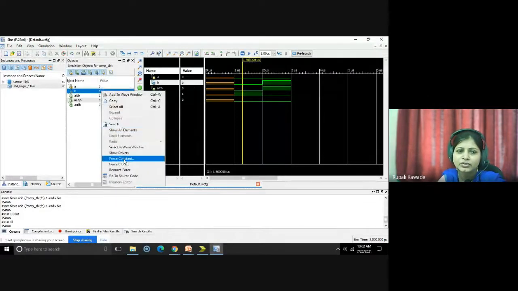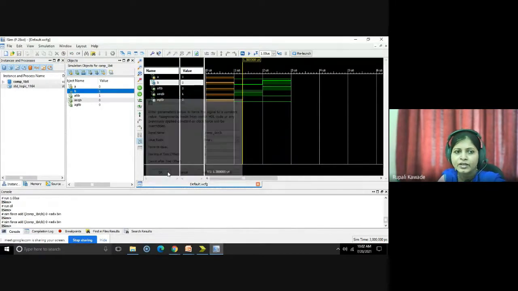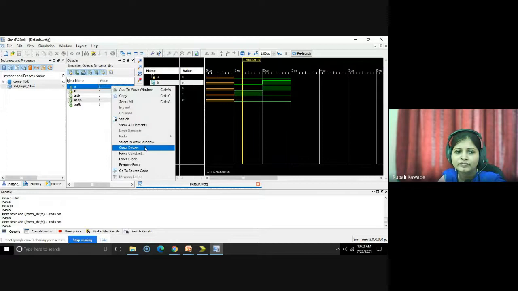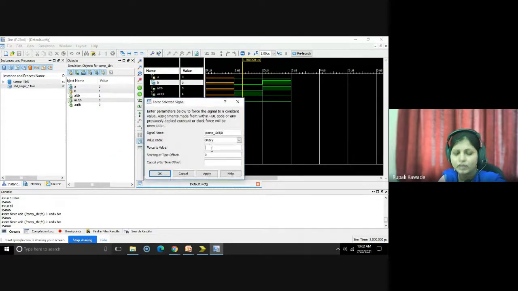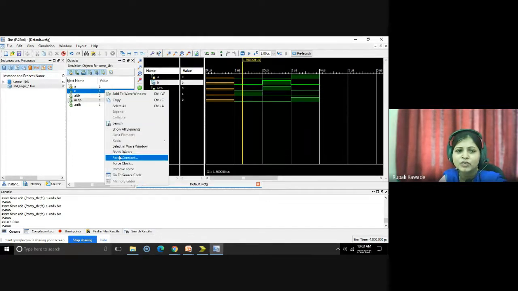Keep B constant at 0 and set A to 1. Now your A greater than B should be 1. Fine. See, now this third range has appeared where A is 1, B is 0 and A greater than B is 1. So in the last three lines you can see that simultaneously both are 1 for each combination, and the last combination is 1 1, right?